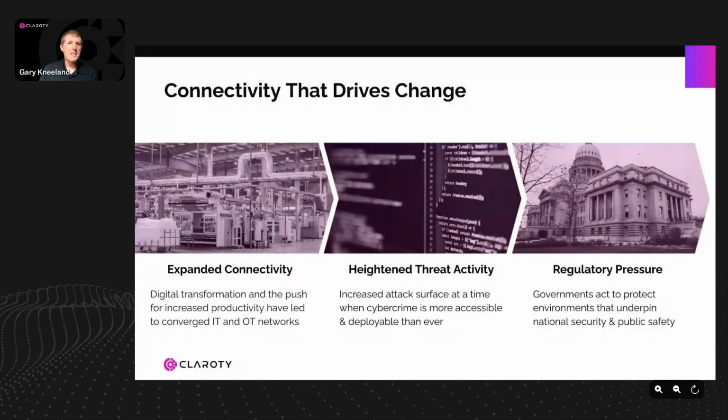So if we look at cyber physical systems today, like why are we even talking about this, right? Why are we even talking about risk change and OT systems and industrial environments and that sort of thing? I think we've seen a lot of changes over the years that have really forced us to start embracing security in the industrial and cyber physical system space a lot different.